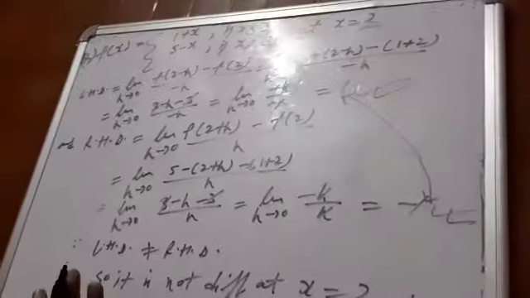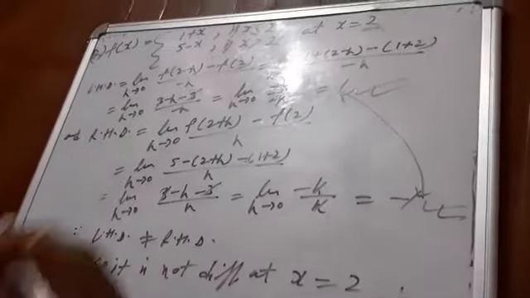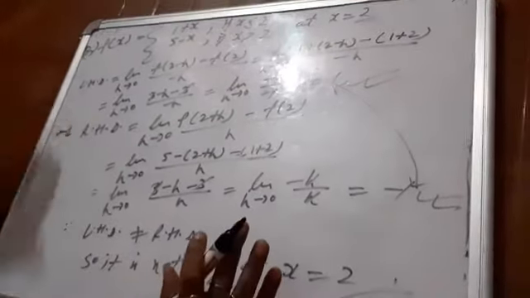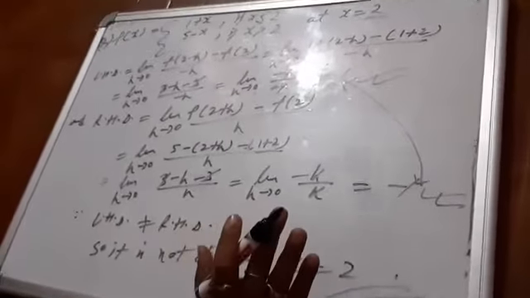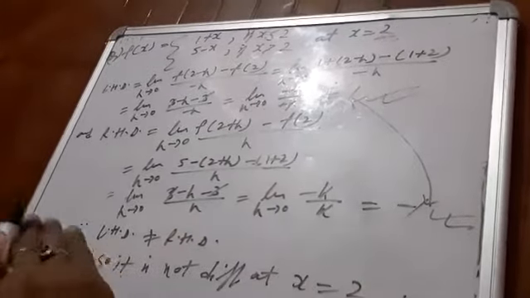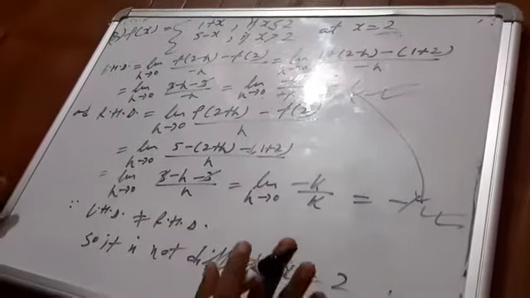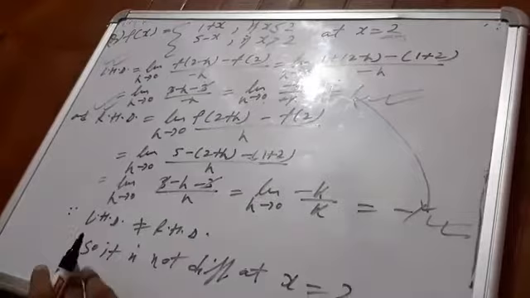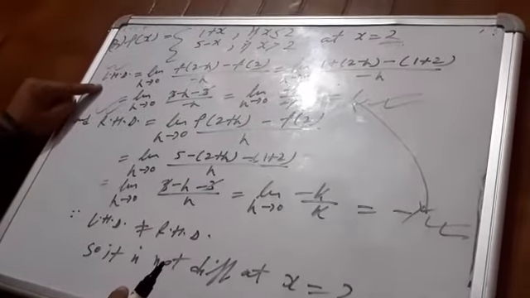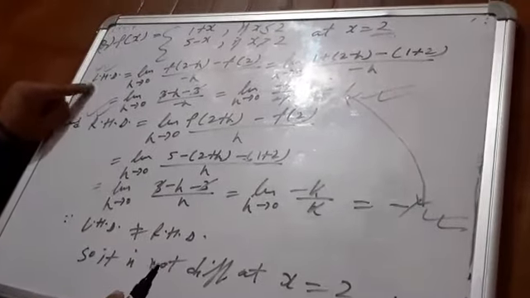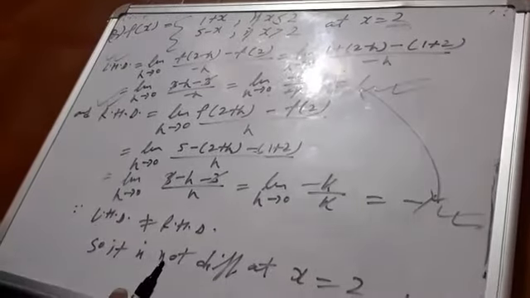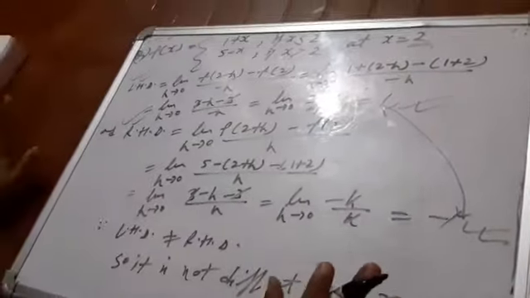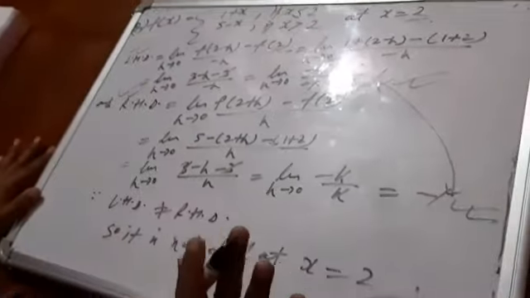Understood the process? The calculation process that you have done in continuity, the same process we are going to do here also. But only the formula for the portions will change. There you used the left hand limit, right hand limit. Here you are going to use the left hand derivative, right hand derivative. And the remaining calculation portion will remain the same. I think you understood the concept very well.